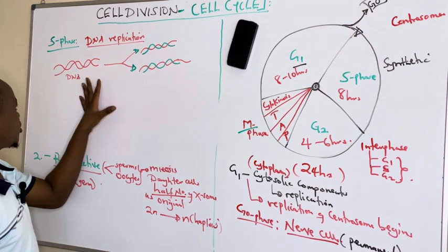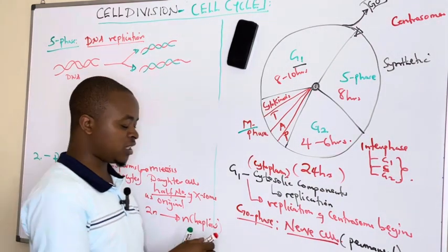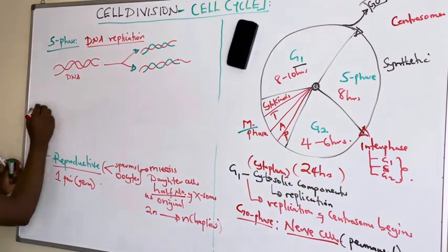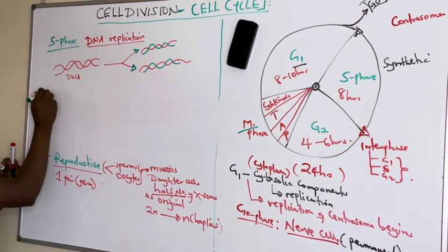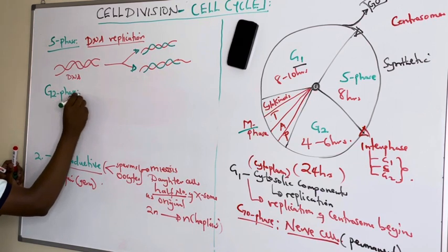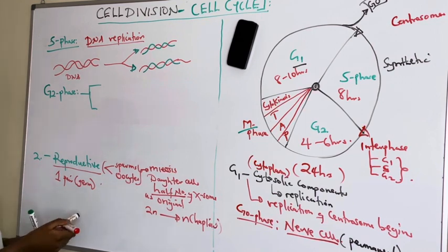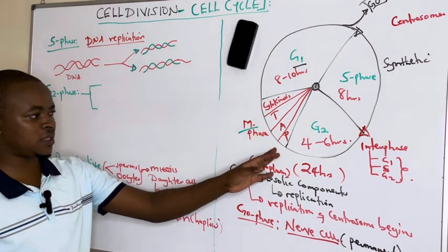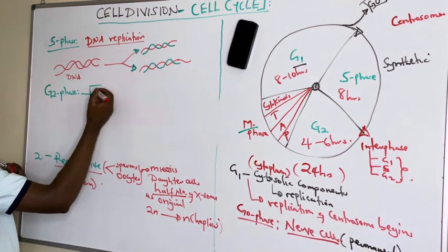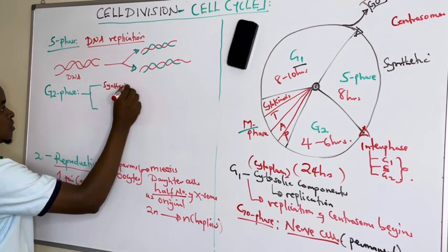So that is the major action occurring under S phase. Then when cells finish S phase, they progress into the gap 2 phase. In the G2 phase, we are going to see majorly two things. One, we are going to see that more proteins and enzymes which are needed during mitosis are synthesized in the resting phase of GAP2. So under GAP2, we are seeing synthesis or replication of more